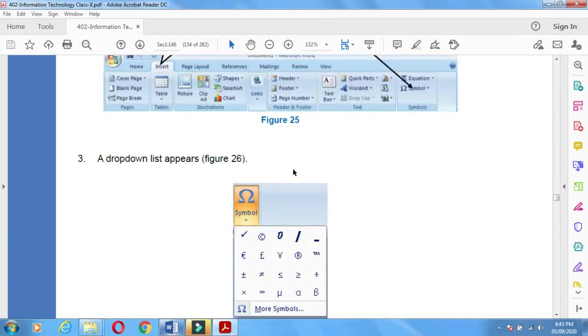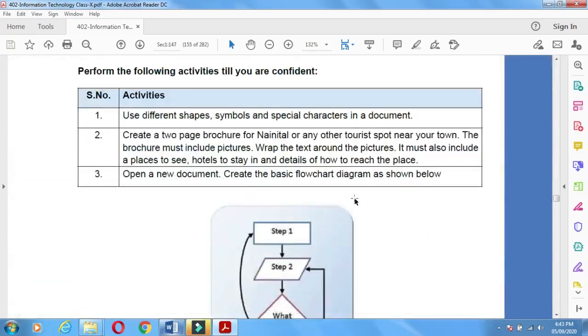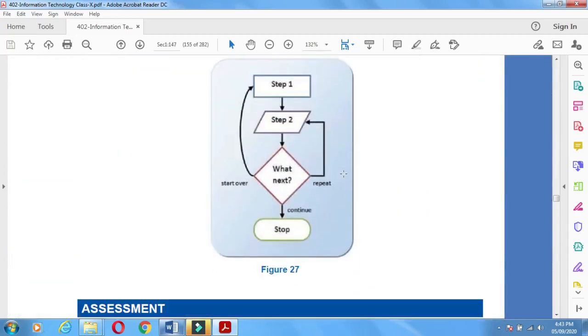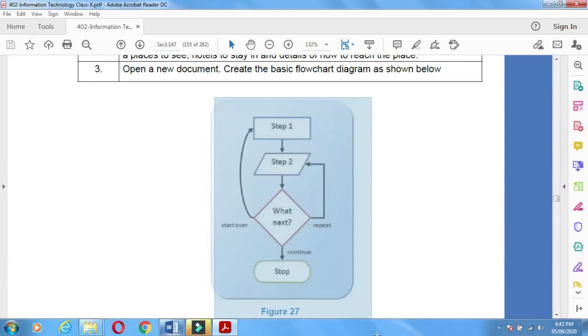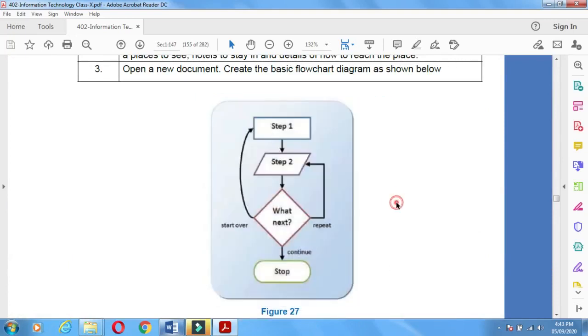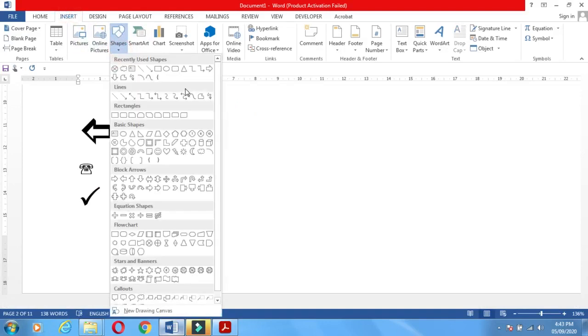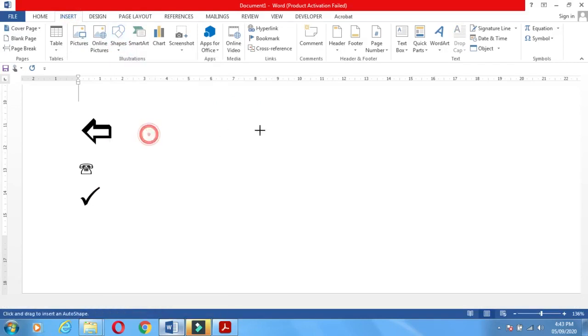This kind of flowchart you can make or draw in your Word document. How you can make this? See, you go in the insert shapes, the different shapes are here. Again, the square shape here.